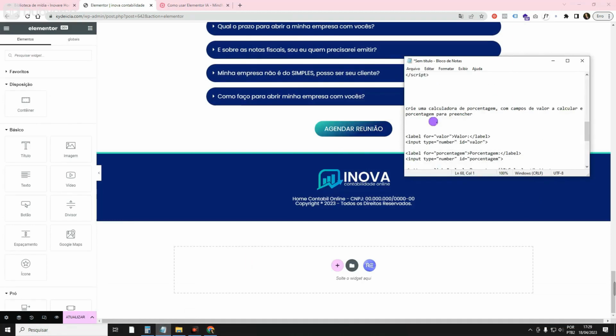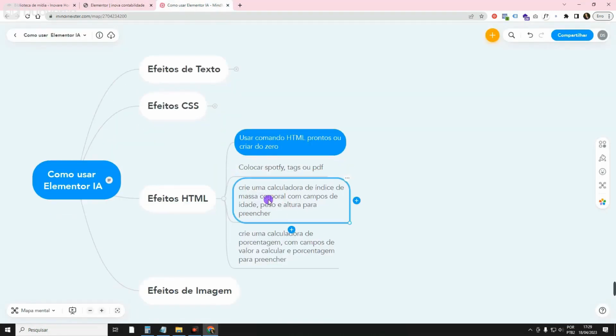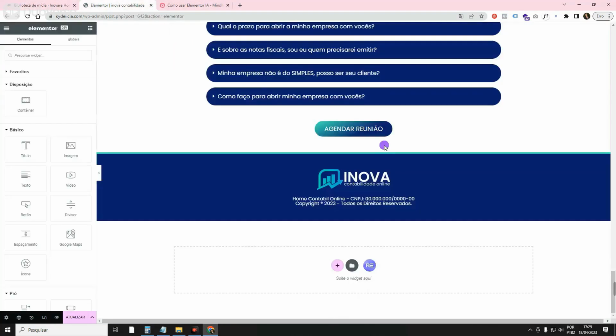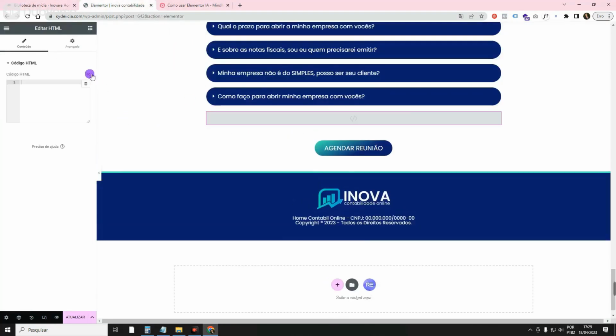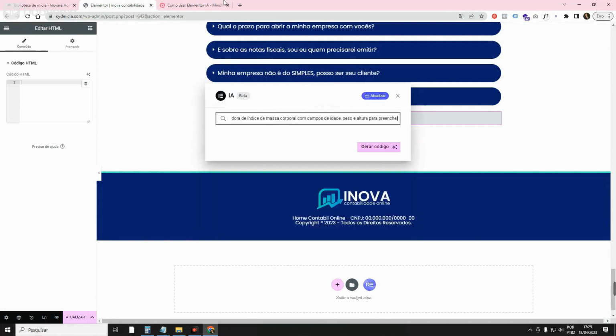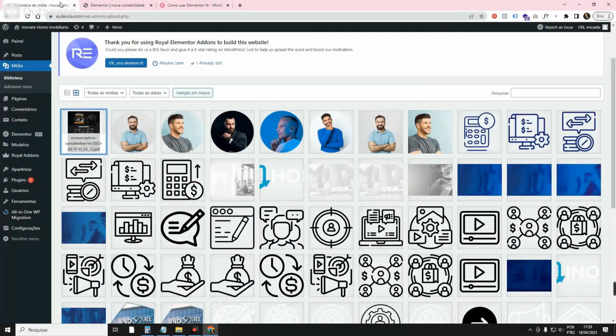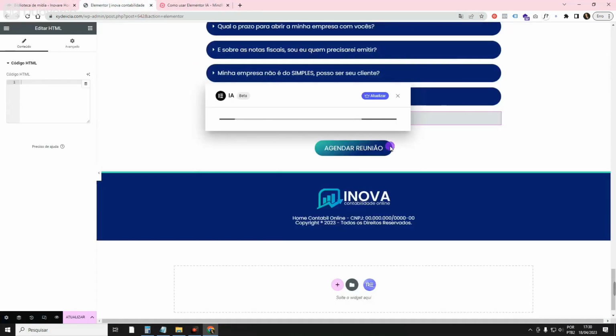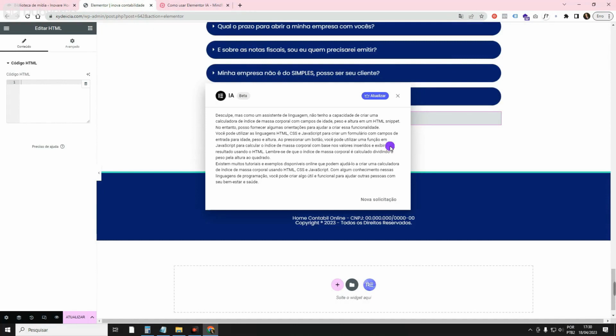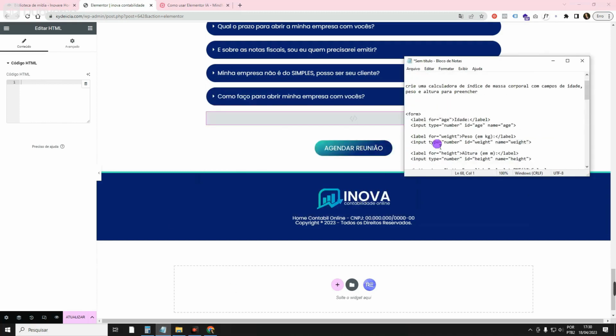Another thing I asked for, let me see if I wrote down the commands, is to create a calculator here just so you can understand the size of this mechanism. I'll put it here again. Then I asked here for it to create a body mass index calculator, which is IMC, with fields of age, weight, and height for us to fill. I asked to generate. With HTML, sometimes it accepts the commands, sometimes it says it can't, but I've tested it several times and it brought it to me.